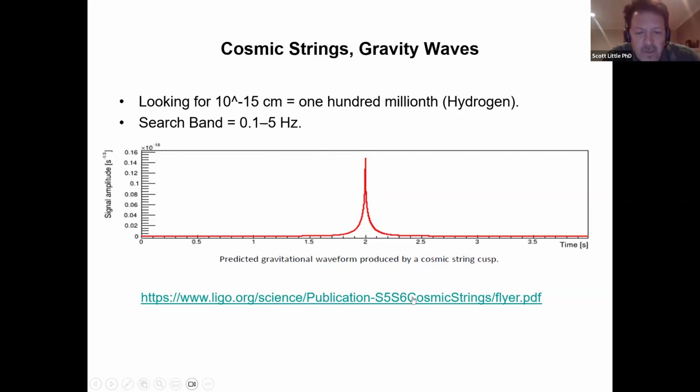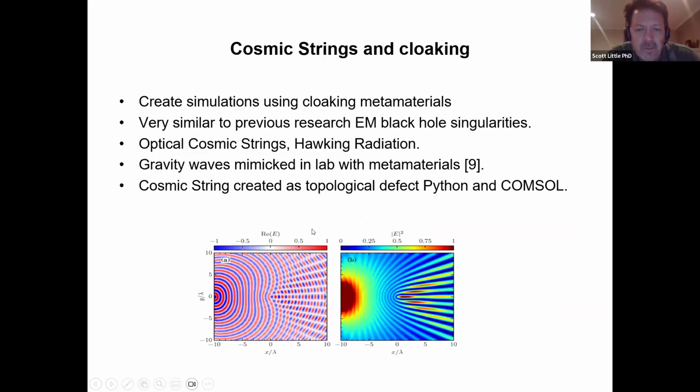I've got some links here to LIGO and things like that. But the reason I brought that up is that it's directly related to cloaking. You can use a lot of the same tools for cloaking with metamaterials and EMPs, the same mathematical tools and testing tools as you would for looking for cosmic strings, because a cosmic string is basically a perturbation in space and time. And what you're going to do is cloak around something, which is kind of the same thing. Different simulation models. Okay, so that's where you can bring in LIGO.